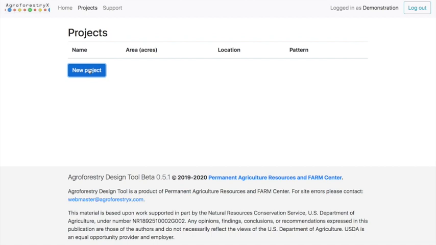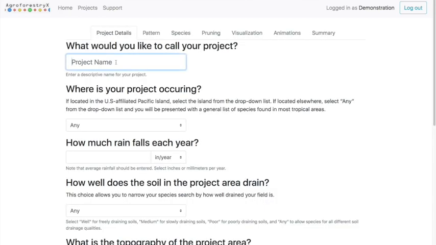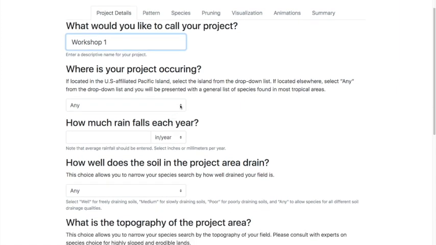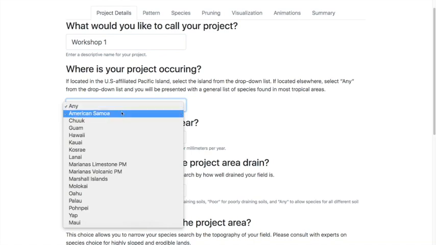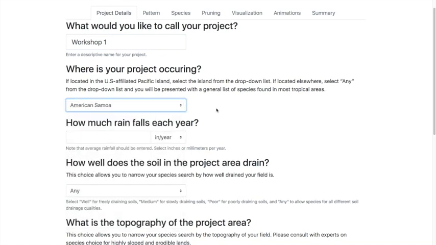So now I'm going to go ahead and create a new project. I'm going to name this project. And then I'm going to select a location. And in this case, I'm going to try to recreate the American Samoa example that Craig showed us earlier.